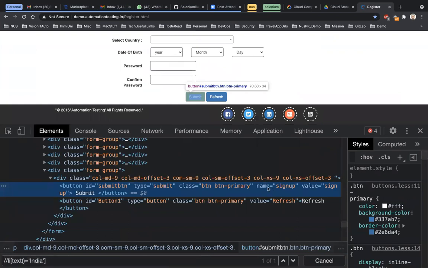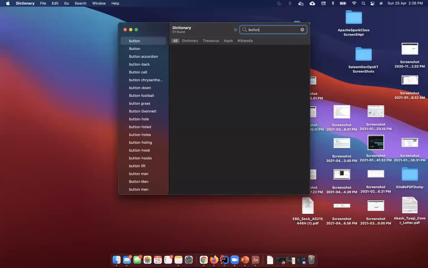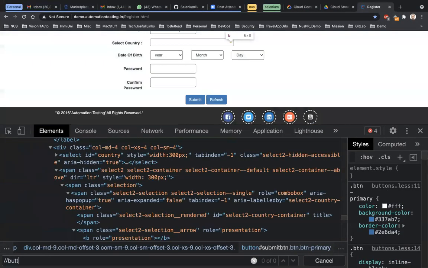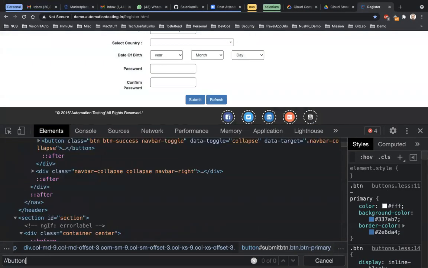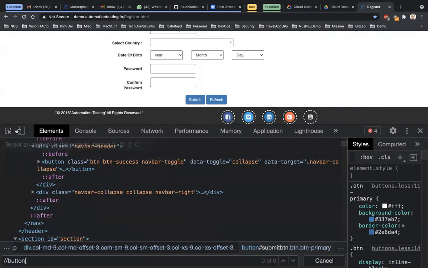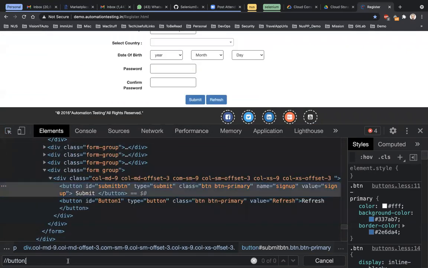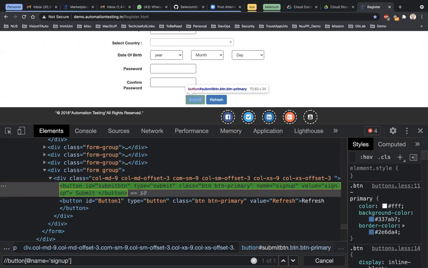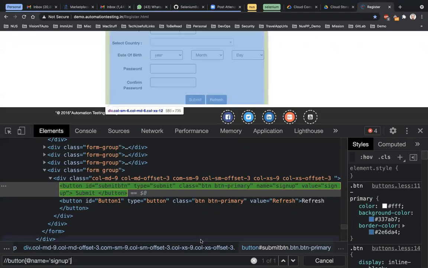You can use the name property, so you can simply say double slash button, where name, @name is equal to sign up, and that's it, right?